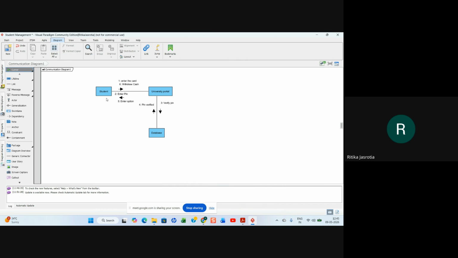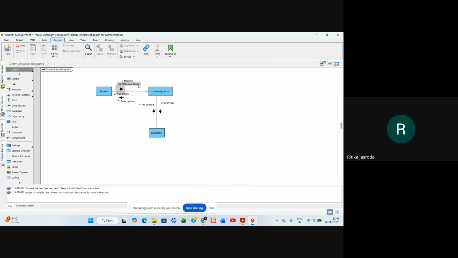So for the master's program, first you will go to the university portal and register. Yes or no? You will register. First message will be registration. Then the university portal will ask for your details for registration, right?